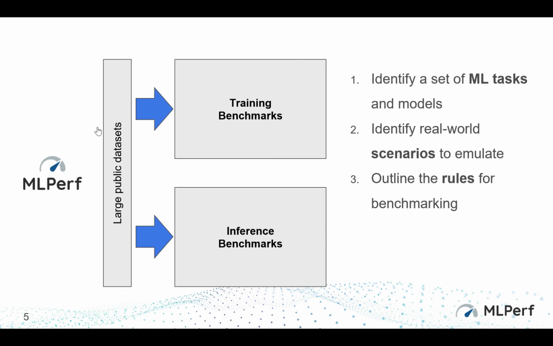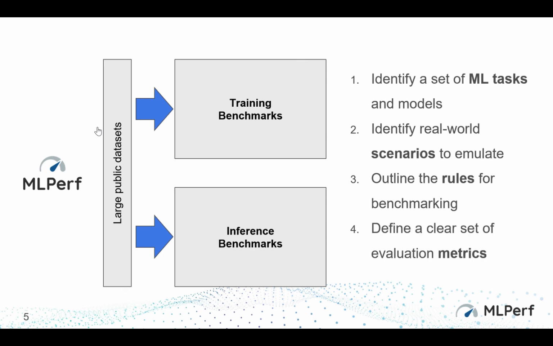The reason is, if you don't bake those rules down and say, well, you cannot do retraining, then you've got a certain trade-off with respect to accuracy. Because once you do quantization, if you don't do retraining, then your accuracy is going to drop. If you do retraining, well, that's great, but you might be doing sparsity and pruning optimizations in the process of doing the retraining, which changes the network structure, which means you end up with actually a different model. So now you're comparing apples and oranges again. Therefore, you have to write out the rules very clearly about what you actually allow in terms of optimizations.